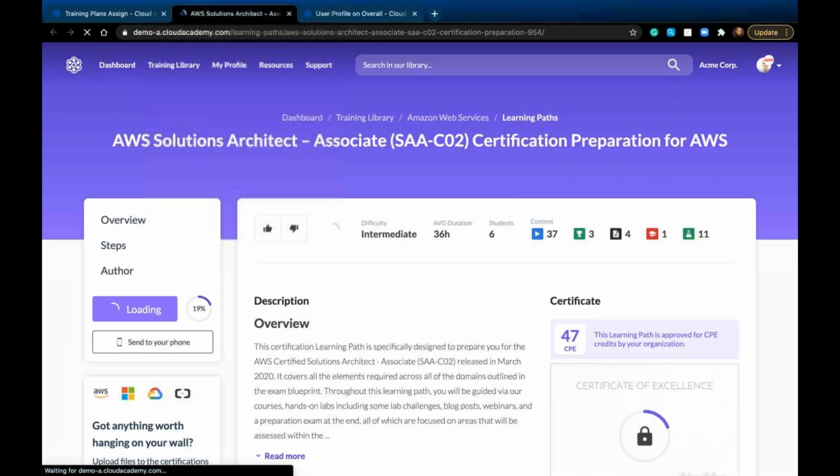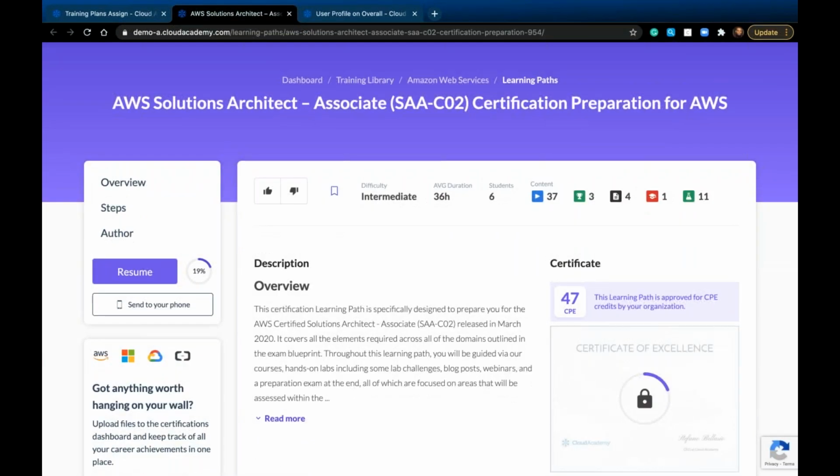And what we're looking at here is our AWS Solutions Architect Associate Certification Prep for AWS. Above, you have the design principles. So this is an intermediate level training plan. Average duration is about 36 hours. We have the content. So there's 37 courses, 3 lab challenges,